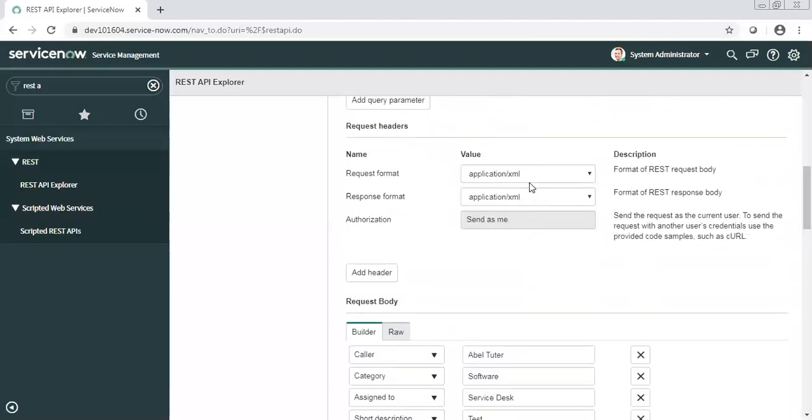But in REST API, most of the time you will be seeing JSON getting used. In request and response format, JSON is mostly what you will see. Sometimes a third-party tool will say they can send XML only. They are saying they are going to use REST, but they will be sending XML only, so you need to accept XML only. In that case, they need to tell us. But if they say they can accept everything, maybe you can choose JSON.